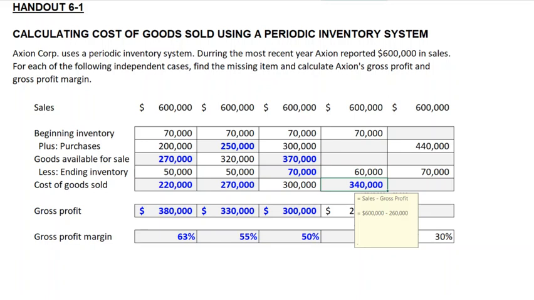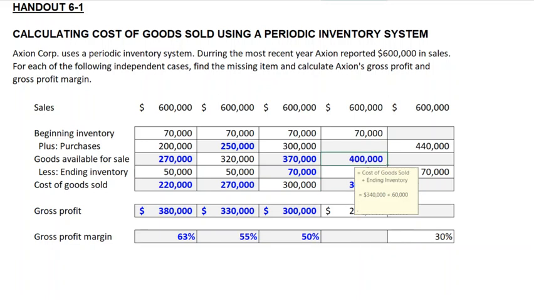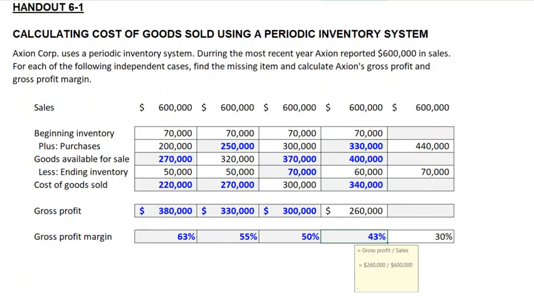Then, of course, cost of goods sold is $340,000 and we've got $60,000 left in ending inventory, that means we must have had $400,000 available for sale. That's again simply the cost of goods sold plus our ending inventory. Now, if we started the period with $70,000 and we had $400,000 available for sale, that means the difference between the two, or $330,000, is what we purchased. Our gross profit margin, of course, is simply our gross profit of $260,000 divided by sales